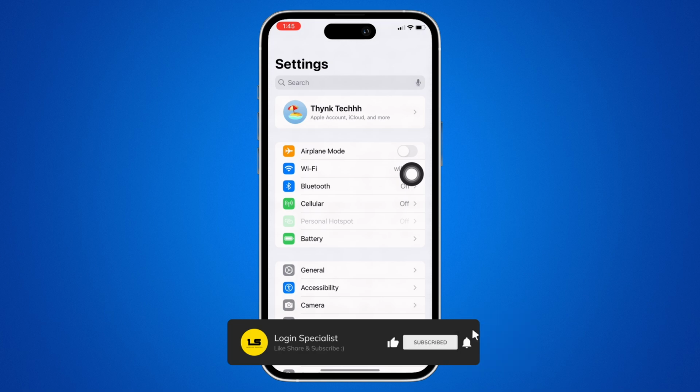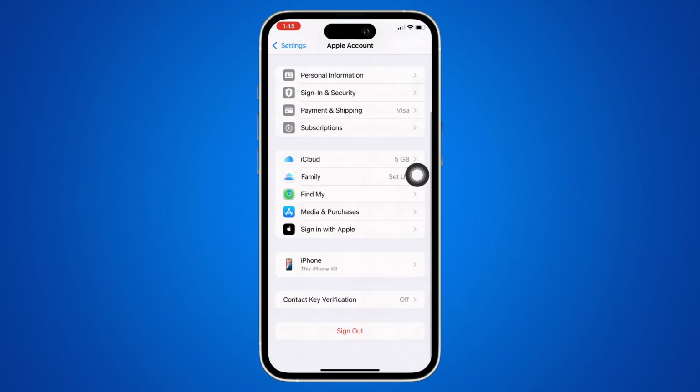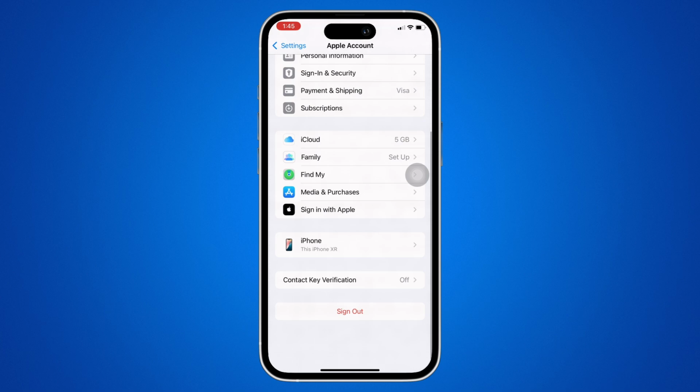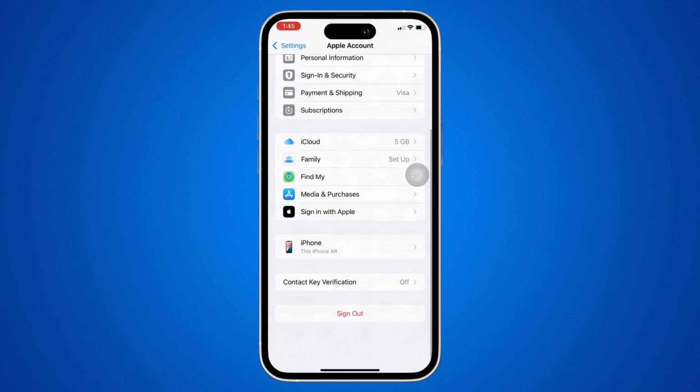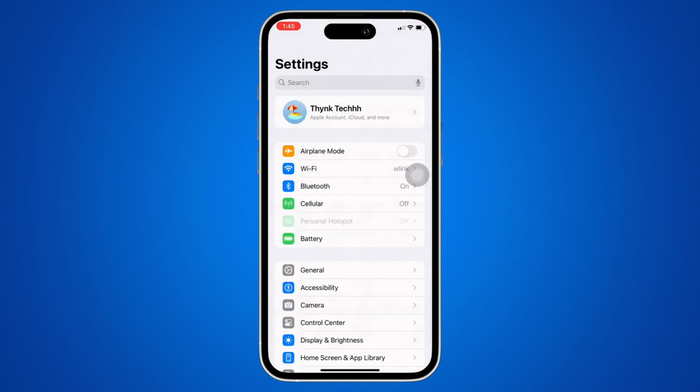If not, then open Settings and tap on your name on top of your screen and make sure that you are logged in with the correct Apple ID, and make sure it's the same account that you used to sign up for beta updates. See if that helps, and if not, then launch the Settings application again and then tap on